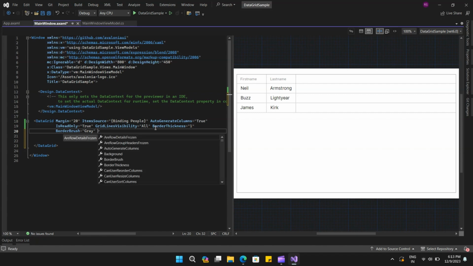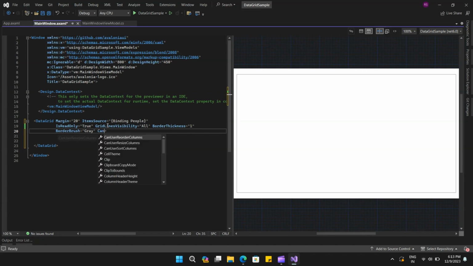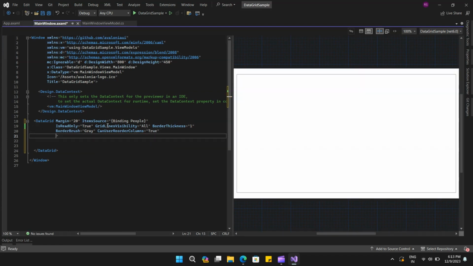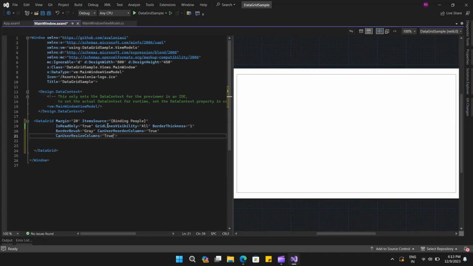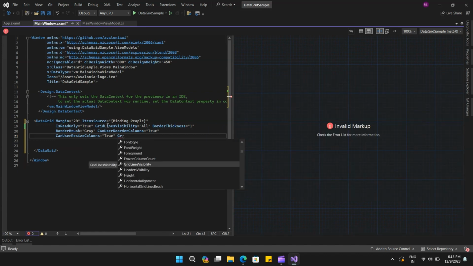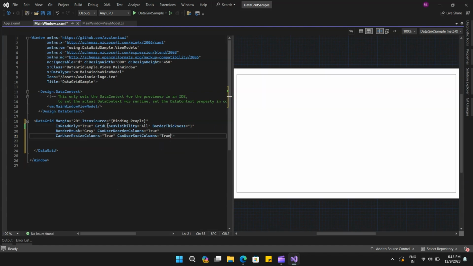So the first one would be can user reorder columns, and we will set that to true. So before that, let me remove the auto-generated columns to true property. And here we have added the can user reorder columns to true. Next property would be can user resize columns, and we'll set that to true. And the last one would be can user sort columns, and that we will set to false, and we will leave the rest as is. And here we will add